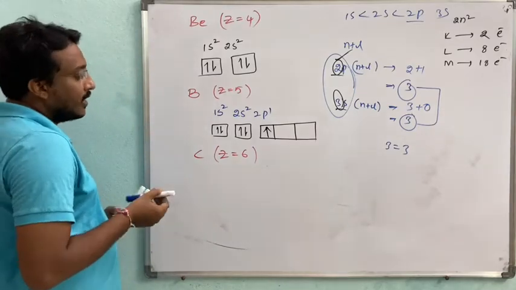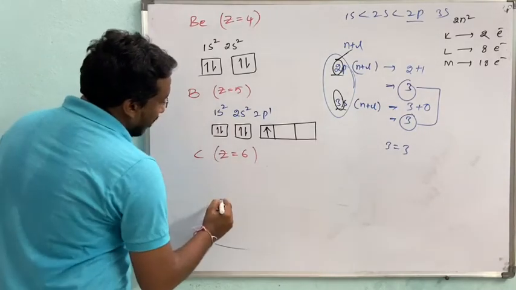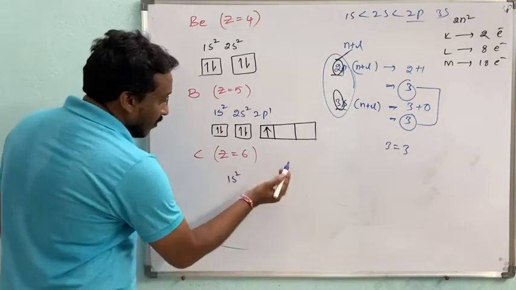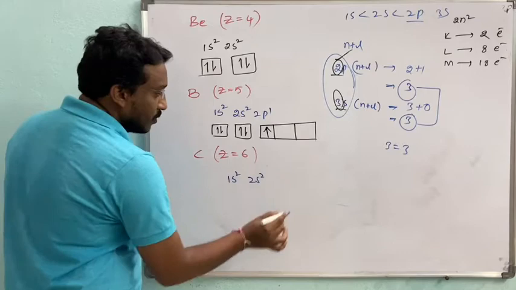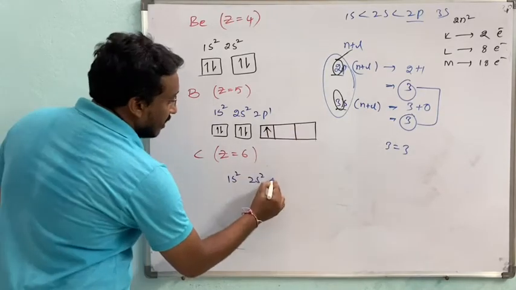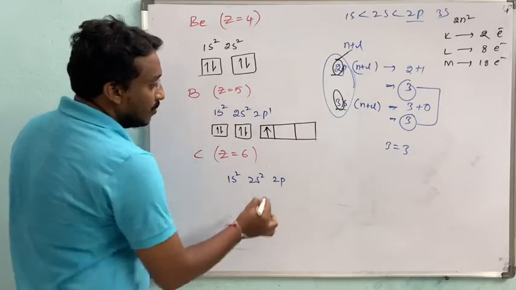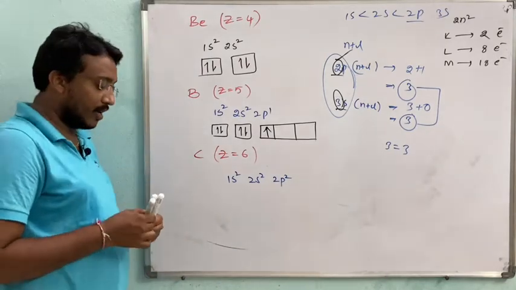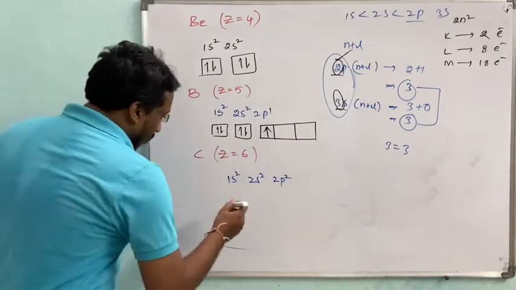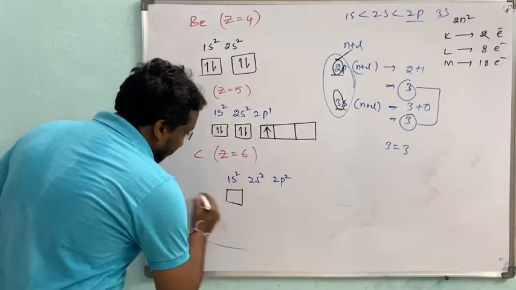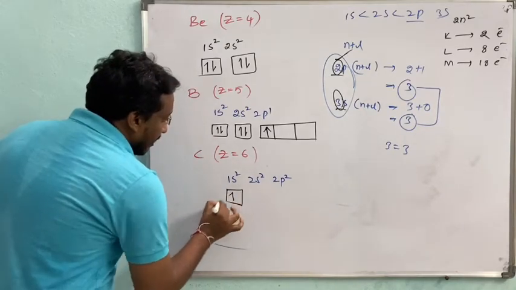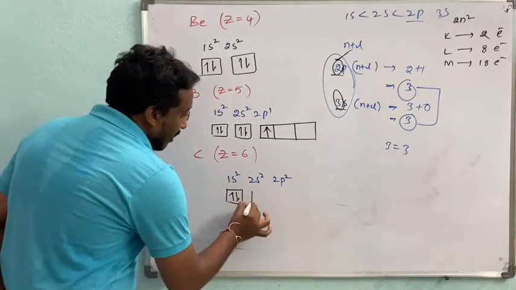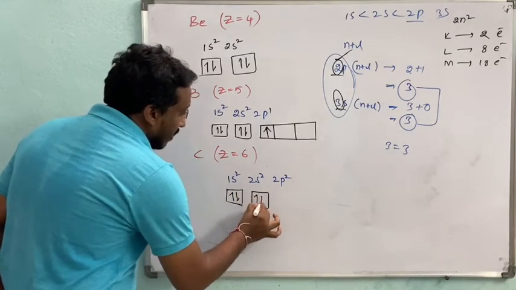Here we have to write the electronic configuration for the carbon atom. 1s2, still 4 electrons, then 2s2, still 2 electrons. The 2 electrons we have to fill in 2p2. Right, this is the electronic configuration of carbon. Then their spin, now we will see it. Then 2 electrons we fill it, right? The next one we have to fill.